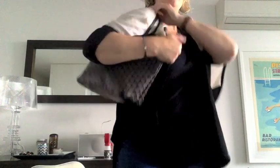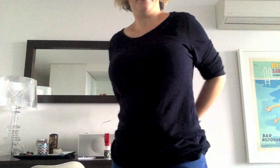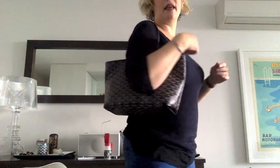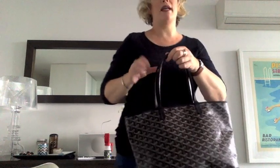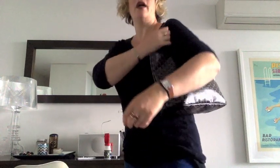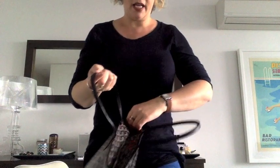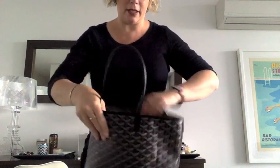I've got the wrong cardigan on today, so let me just take this cardigan off. Okay, so it sits like that on me. When I finally picked up this bag, I started using it that day because it was so comfortable. Currently I have tissue paper in it, so if we were to take the tissue paper out,